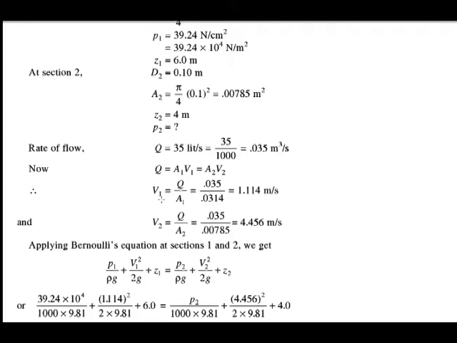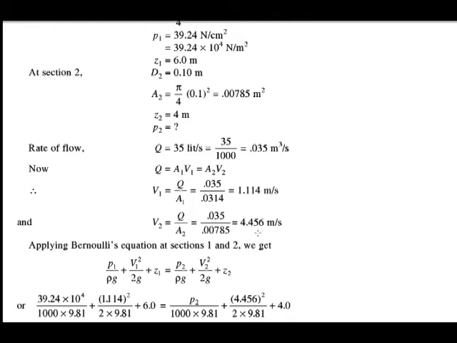Okay, so from that equation we get the formula for V1 is equal to Q upon A1, and V2 is Q upon A2. Then put the values into the equation. We will get V1 is equal to Q upon A1, which is equal to 0.35 upon A1, which is 0.314. So the value of V1 is 1.114 meter per second. Similarly, we calculate the velocity at section 2, which is equal to